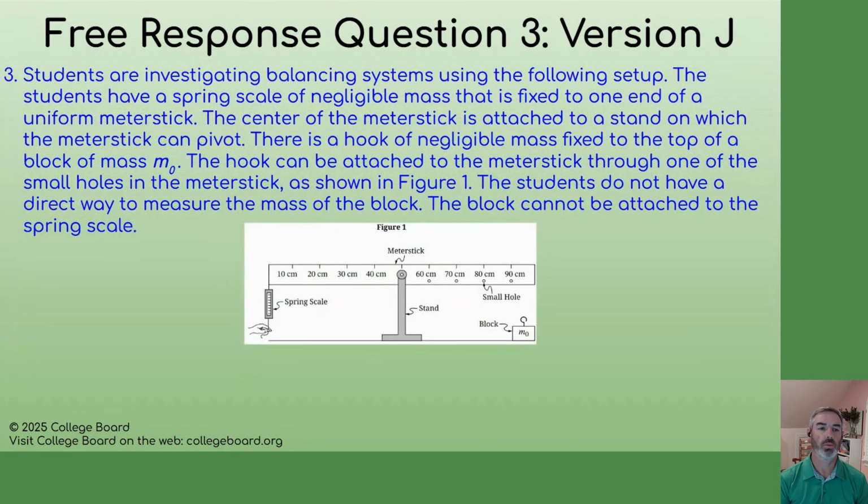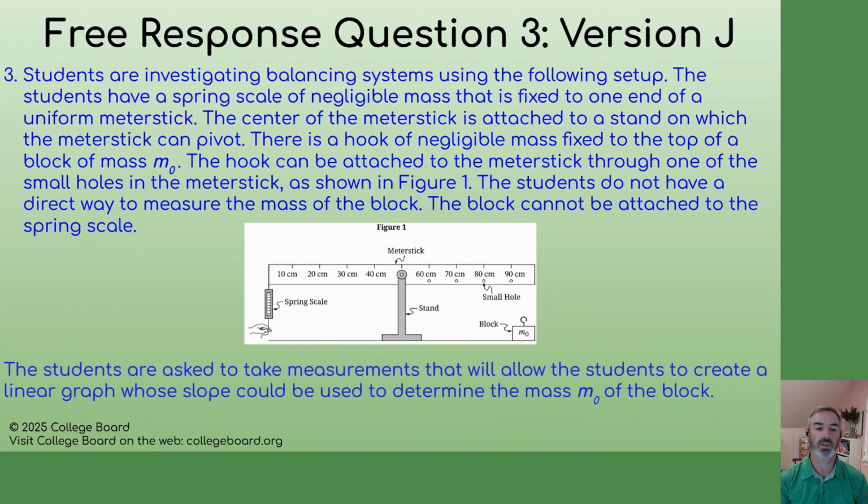So in this question, we're given that students are investigating a balancing system using the following setup, where you've got a meter stick that's balanced on a stand. You've got a spring scale at one end at 0 centimeters, and then you have holes where you can hang an unknown mass at 60, 70, 80, or 90 centimeters. And the hook is what we're trying to find the value of the mass by hooking the mass in different places. So since it cannot be attached to the spring scale, we're going to